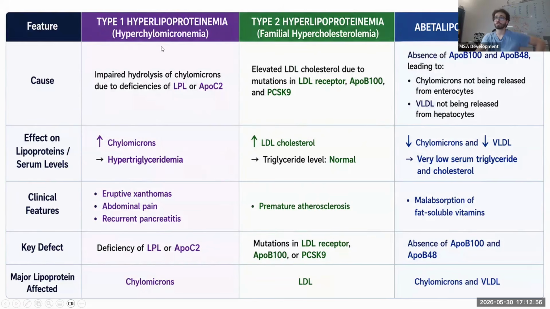So I'm going to focus on the hyperchylomicronemia, which is a result of impaired breakdown of chylomicrons. Didn't we say, guys, that chylomicrons will take ApoC2 from the HDL to be broken down by lipoprotein lipase, which is only activated by ApoC2? Okay, when this is deficient, when we don't have LPL or ApoC2, the chylomicrons, how are they going to break down? They can't. They can't break down. They can't cry and have a mental breakdown, so they're going to build up.